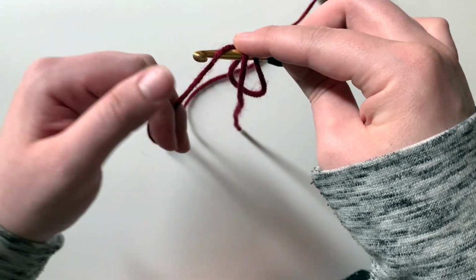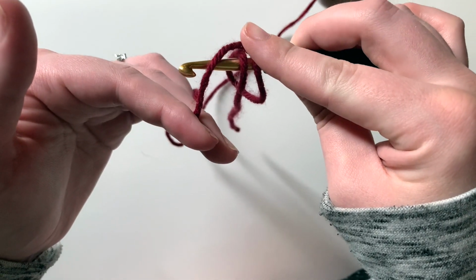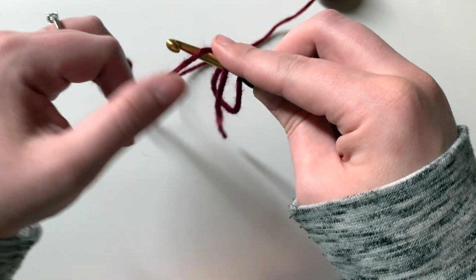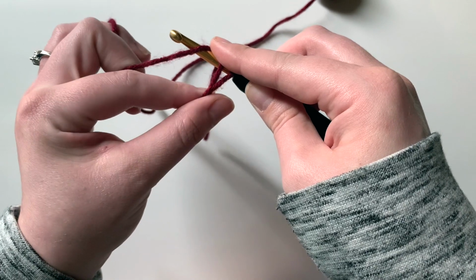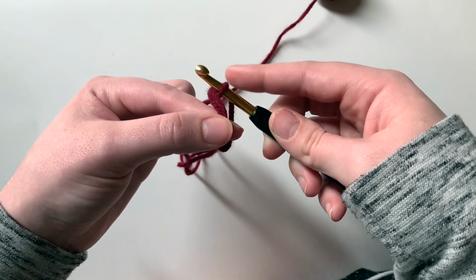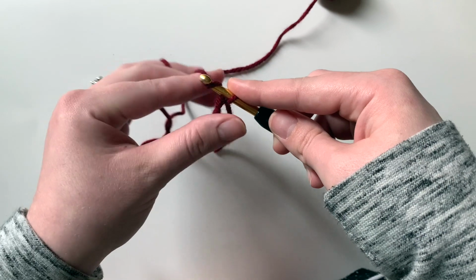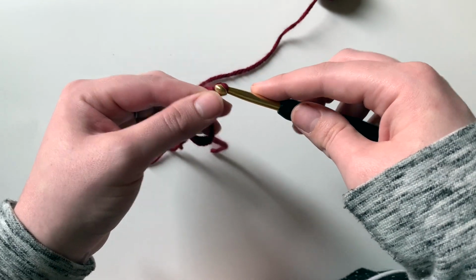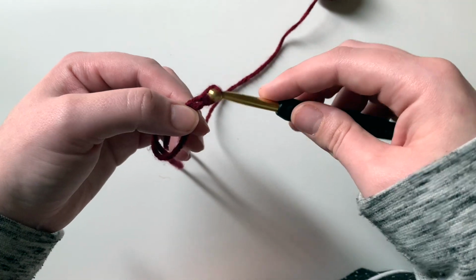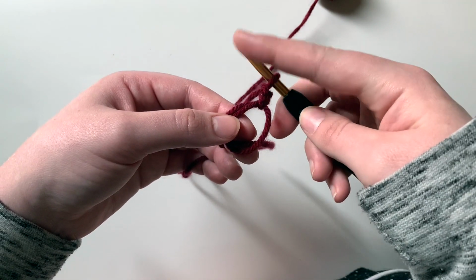Next, I take my yarn and I yarn over, and you're going to notice that it's going to want to come out of your fingers because you're technically just holding it right there. So make sure that you're holding everything nice and secure. I yarn over, grab the tail and the string and pull it over so that now everything is connected underneath. Yarn over and pull it through, and now it's tight. So I would chain up just like that,